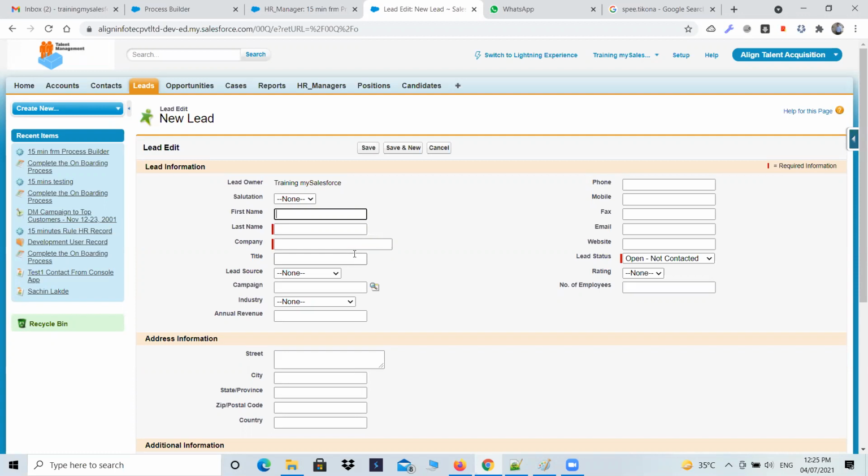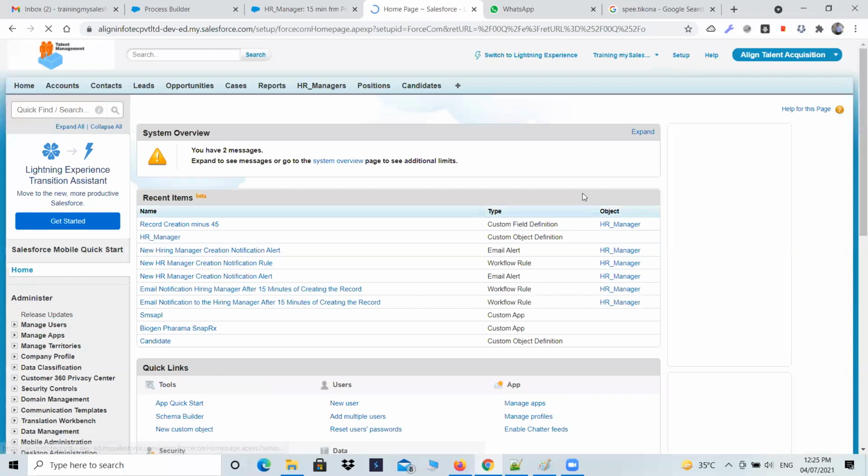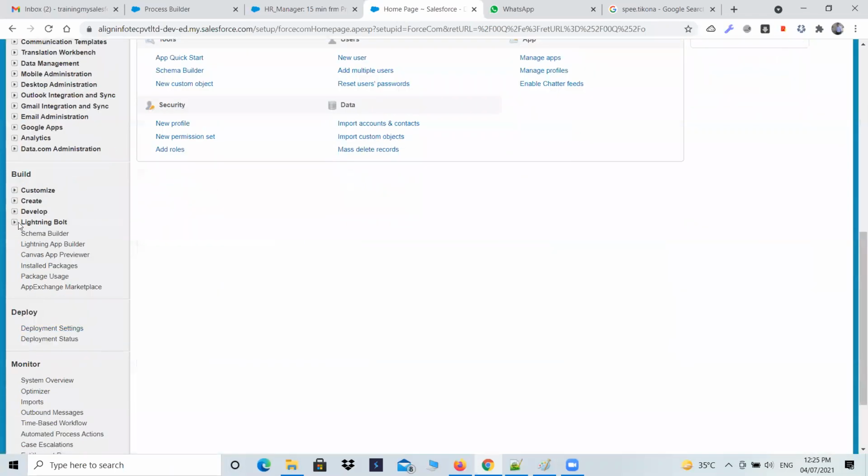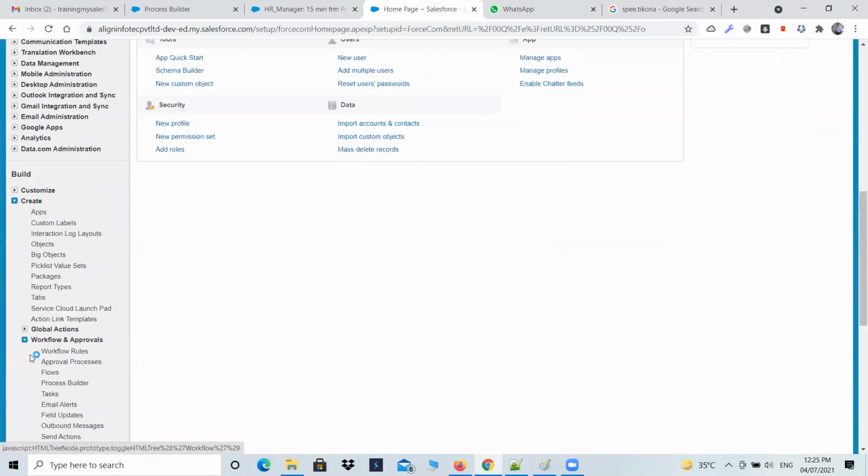So creating a record inside the task, this is as good as creating a task. Creating a record inside the event object, this is as good as creating an event. तो ठीक है, आपके पास डायरेक्ट ऑप्शन नहीं है। यस आई नो देयर इज नो डायरेक्ट ऑप्शन, दैट इज व्हाई आई हैव गिवन यू दिस प्रॉब्लम। हर चीज अगर मैं साफ साफ सीधा सीधा दूंगा तो आप सीखोगे कैसे यार? ठीक है, चलो, ट्राई टू क्रिएट वन प्रोसेस बिल्डर।